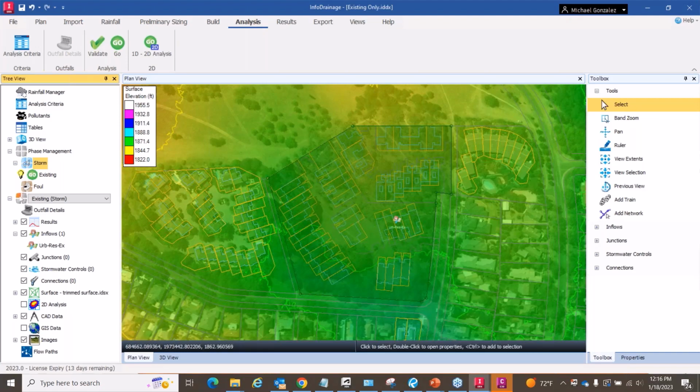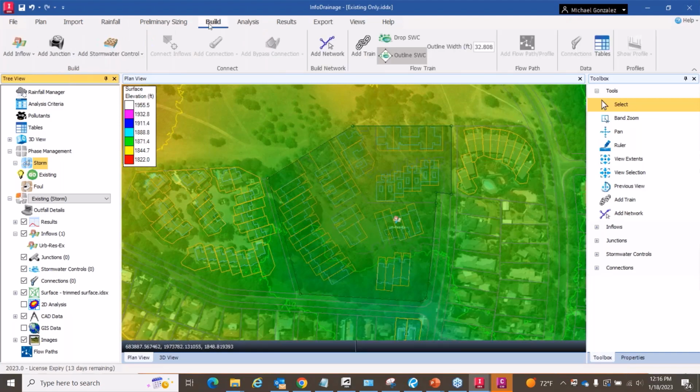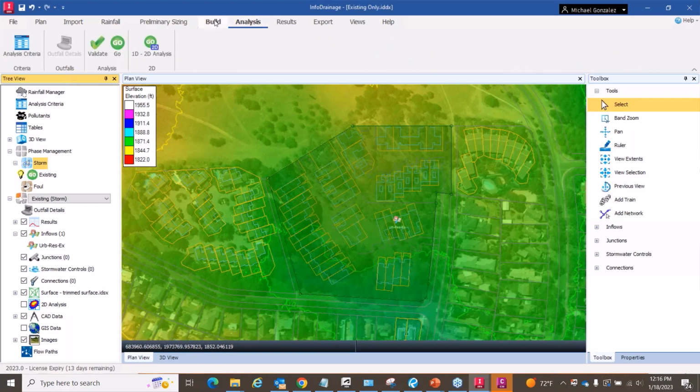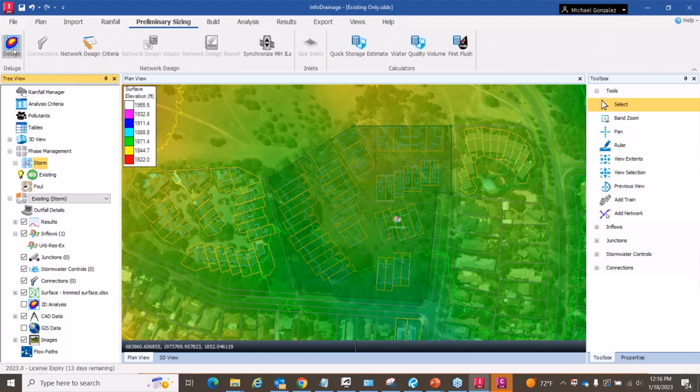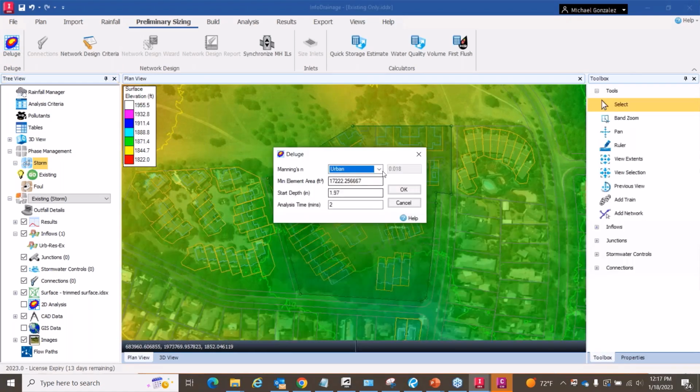So this is just kind of the existing conditions. Let me go show you how easy it is to just kind of run a couple things, right? So one of the fun things that's available here, right, is this deluge tool. And if you're not familiar with Civil 3D and you don't want to go into surfaces and all that stuff, the deluge tool is fantastic, right? You can just kind of choose what sort of